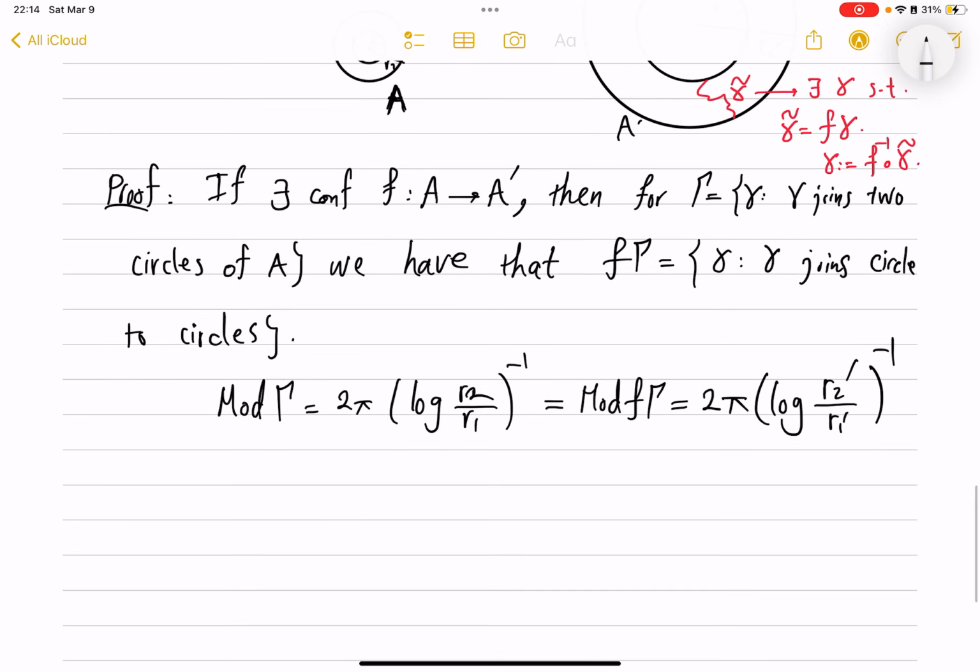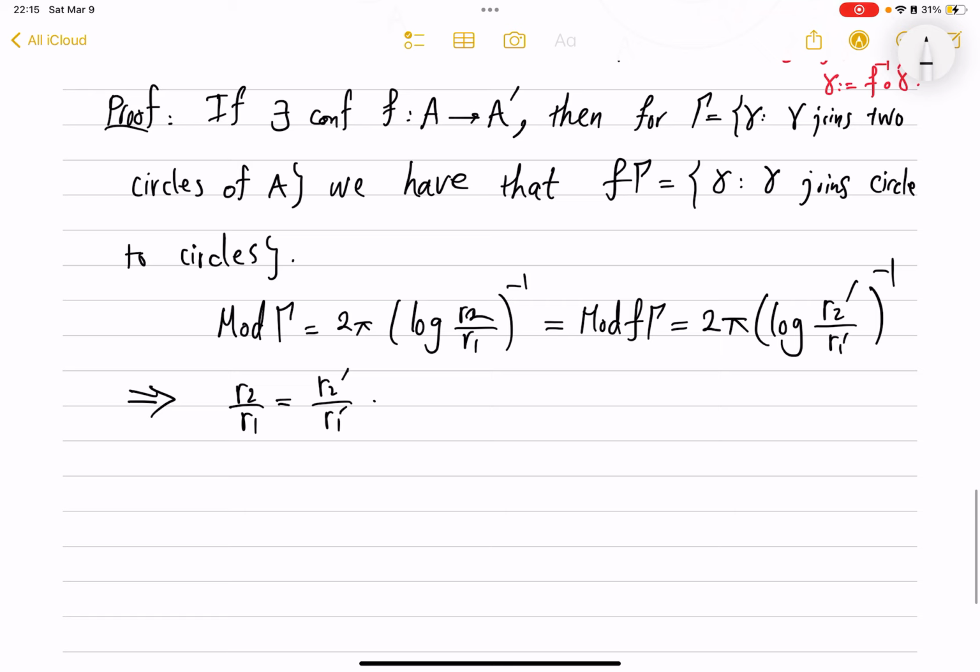And these two quantities can be equal because log is one-to-one if and only if r2 over r1 is r2 prime over r1 prime. So this proves that to have any chance of finding a conformal map, you first need to have this. So this is a necessary condition, but is it sufficient though? So for sufficiency of these conditions,